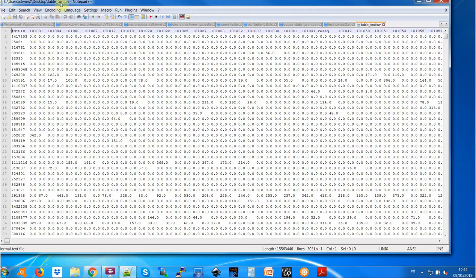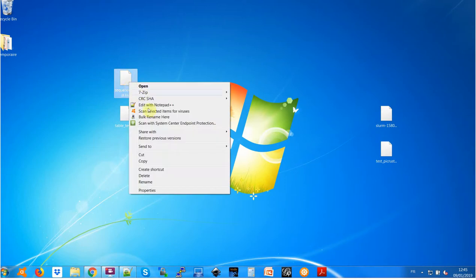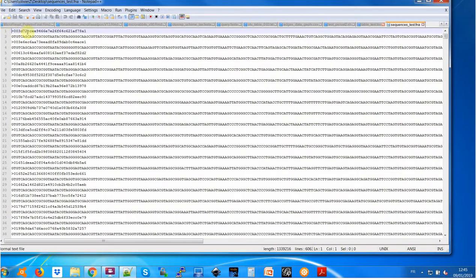So the separation is, you can see it's TSV, for tab separated values, and you can see that it's a very classical format with the OTU ID and then the abundance in each sample. So those are the samples. So once you have this file, and you also have your fasta file that you can open as well here,